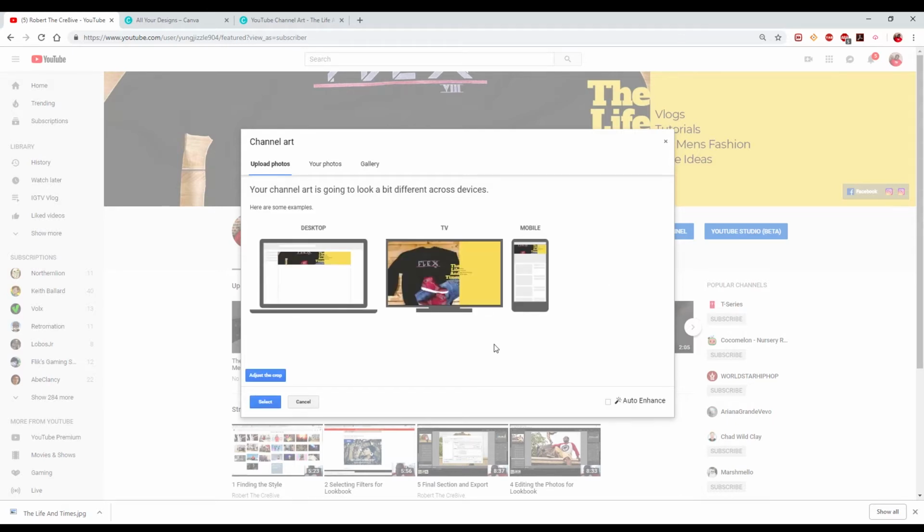All right, and you'll see here you can do the adjust cropped again. It's going to give you the preview for the mobile, for the desktop, for the TV, which is important why we use that safe dimensions in our document before so it can line up good. All right, so if you don't want to adjust the cropped, only thing you have to do is just click select, or you can hit adjust the cropped for it. I'm perfectly fine with everything that's going on with it right now. So I am going to go to select,